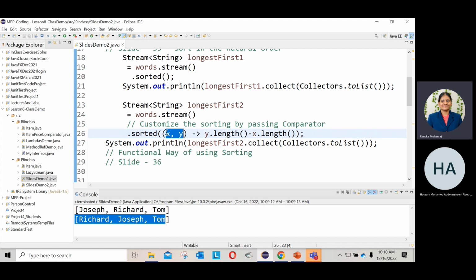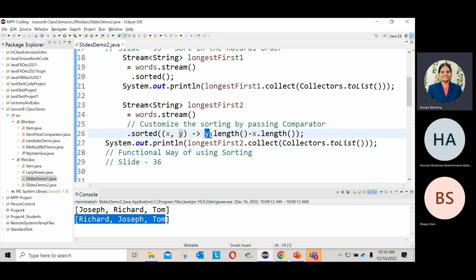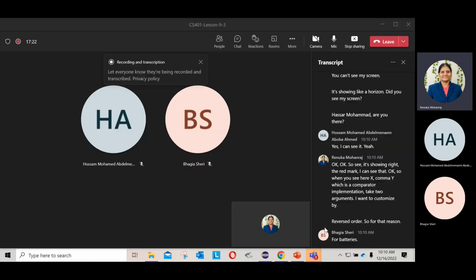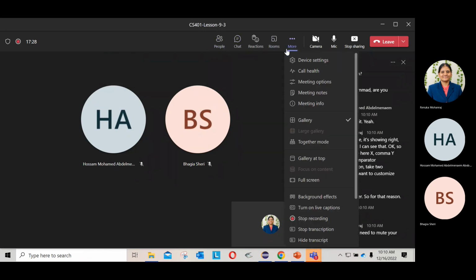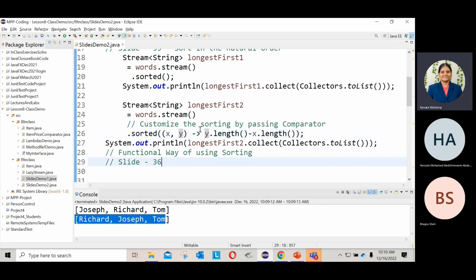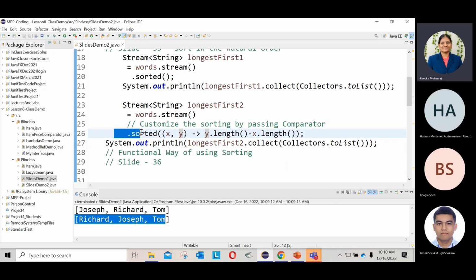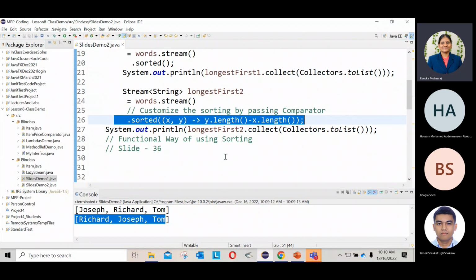Okay. So when you see here, X comma Y, which is a Comparator implementation, takes 2 arguments. I want to customize by reversed order. To get reversed order, first I need to compare the second input minus the first input. Any question on this line? If I want to get reversed, you have to change the argument. Okay, when I do the sorting, I can get